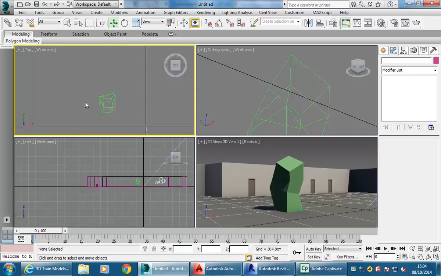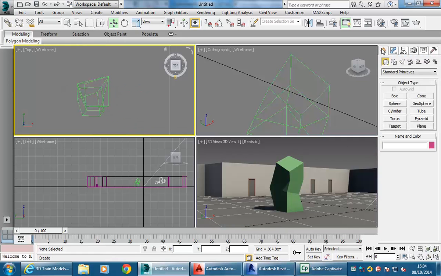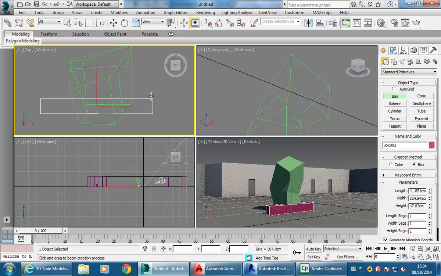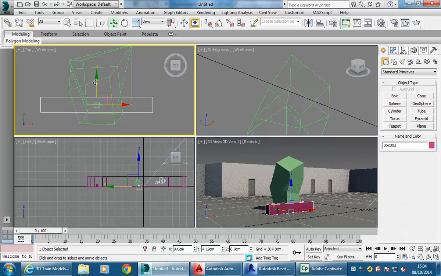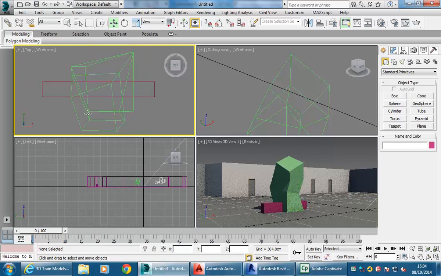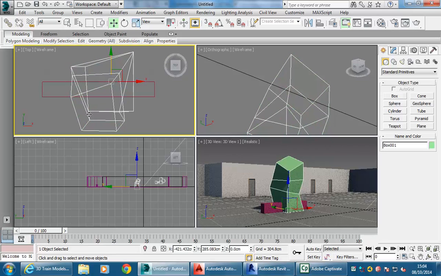But just to give you a very basic idea, I'll make another form, with another box. Okay, so I might want to make a void in part of this, so I'll just do a box that goes through the middle of it, bring that up, and just move that so that it's intersecting with the base. Okay, so to take that away, it's a little bit of a complicated process. You need to select the object that you want to take away from,